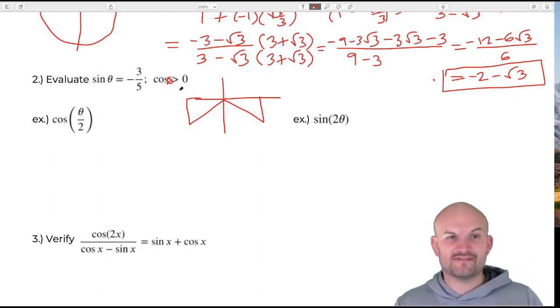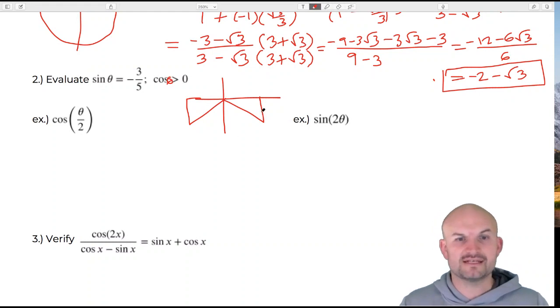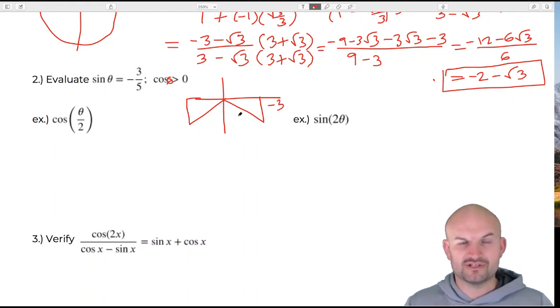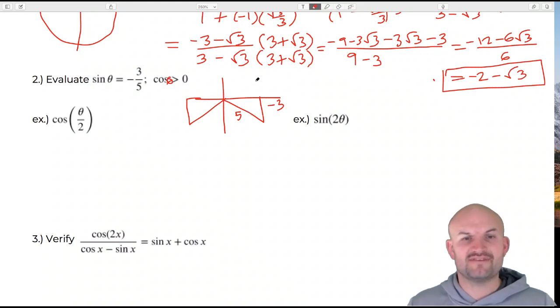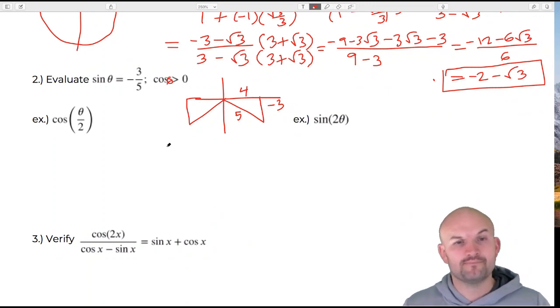Then it says the cosine of theta is greater than 0. So that means obviously that has to be to the right of the y-axis. So therefore you can see my triangle is going to be in the fourth quadrant. So that's going to be a 5. And then by using the Pythagorean theorem, or you can recognize this to be a Pythagorean triple, that's going to be 4. Now, for the half angle, what we recognize here is, again, here is going to be our angle,